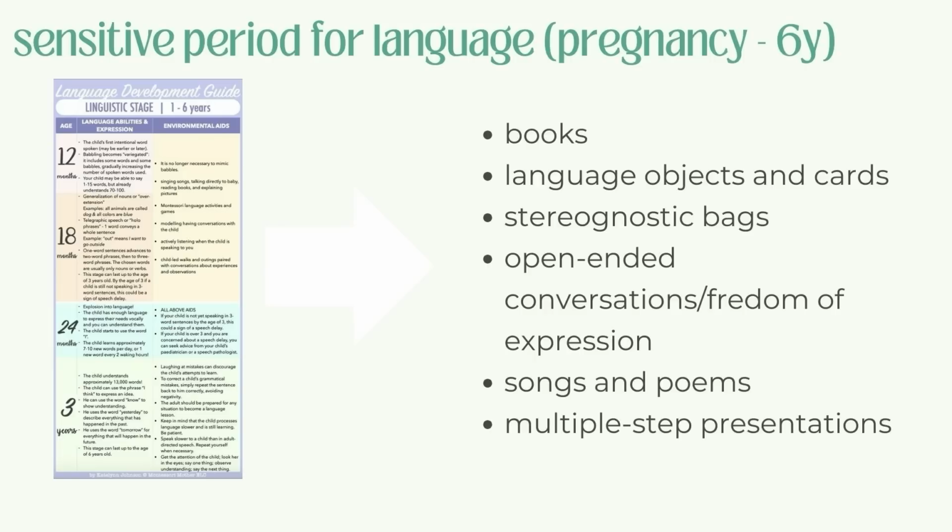Toddlers also have very clear external expressions of the sensitive periods they are going through. These could also be called key development windows or windows of opportunity. But for example, the sensitive period for developing language begins in utero and it continues through the 6th year of life. But toddlers experience an explosion of language, both in their comprehension of language and their expression of language in their 2nd year. So in response to their need for learning language, we have an extensive area in the classroom,